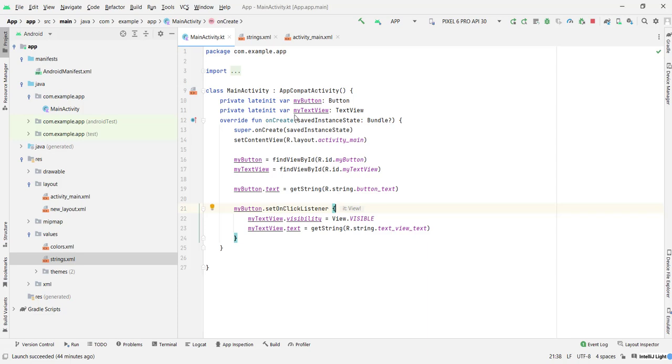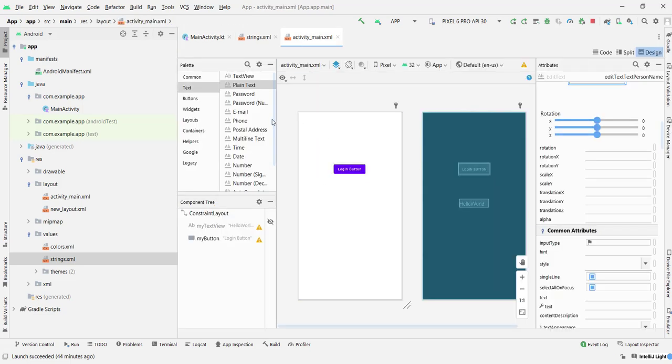Now it's time to look at another widget that you can use in Android, and that is an EditText. With an EditText, you can type text from the keyboard or from the phone, and you can get that text. You can do whatever you want to do with that text. So I'm gonna go inside the activity_main, and to add an EditText, we go here on the left hand side,